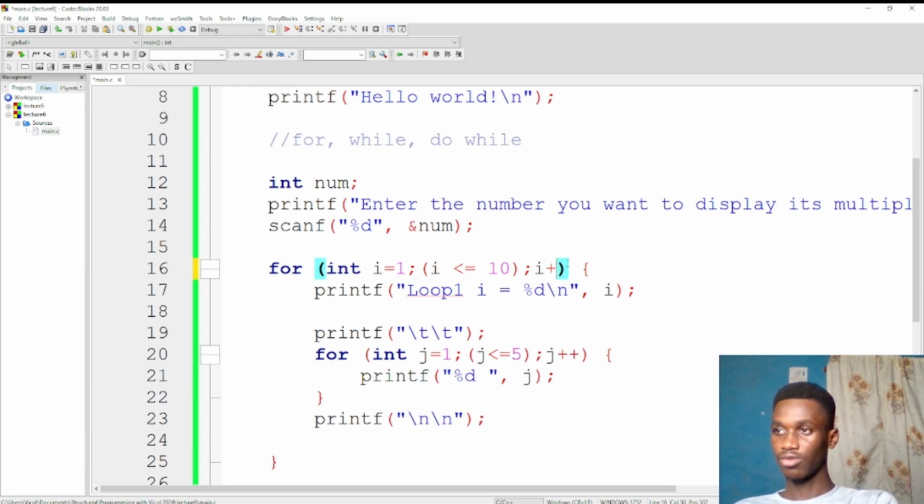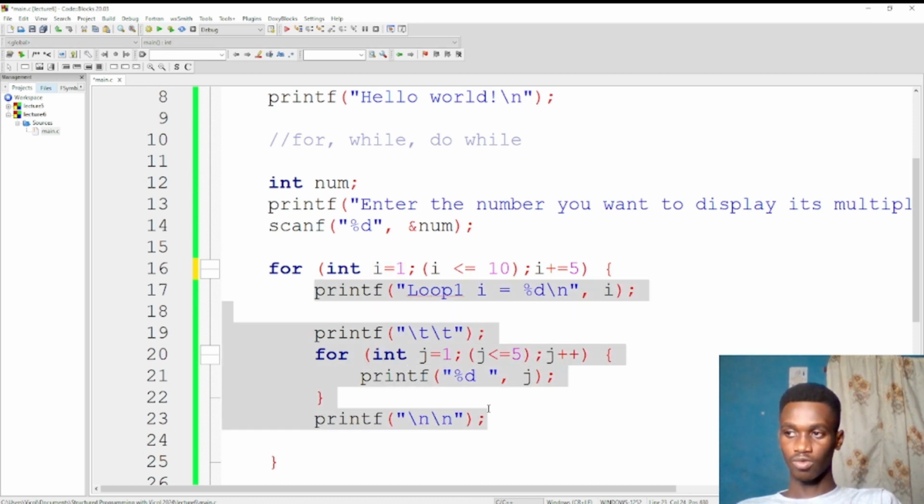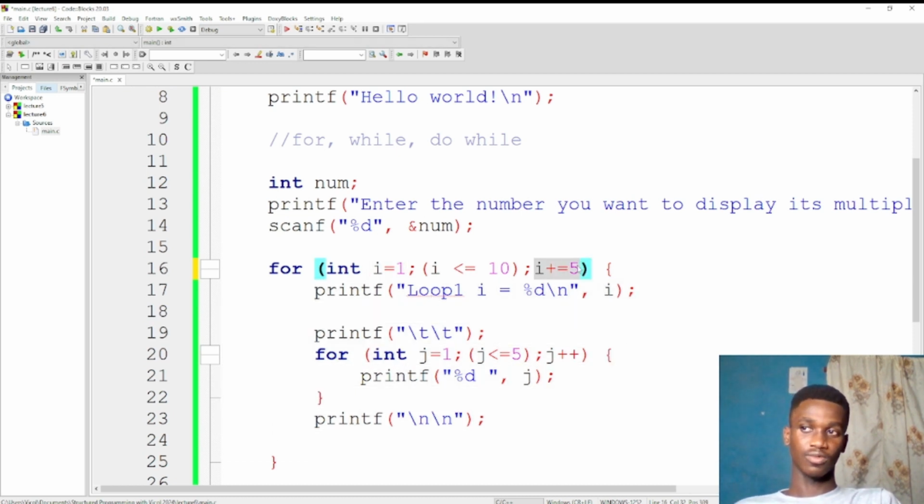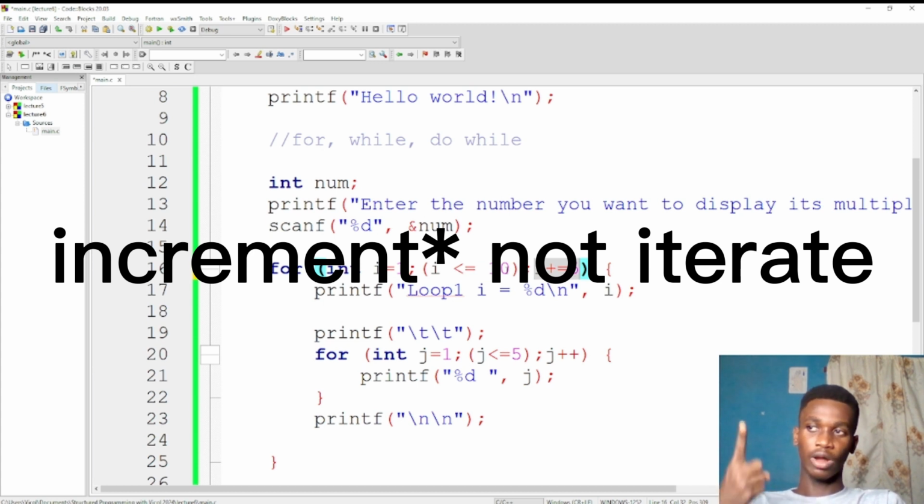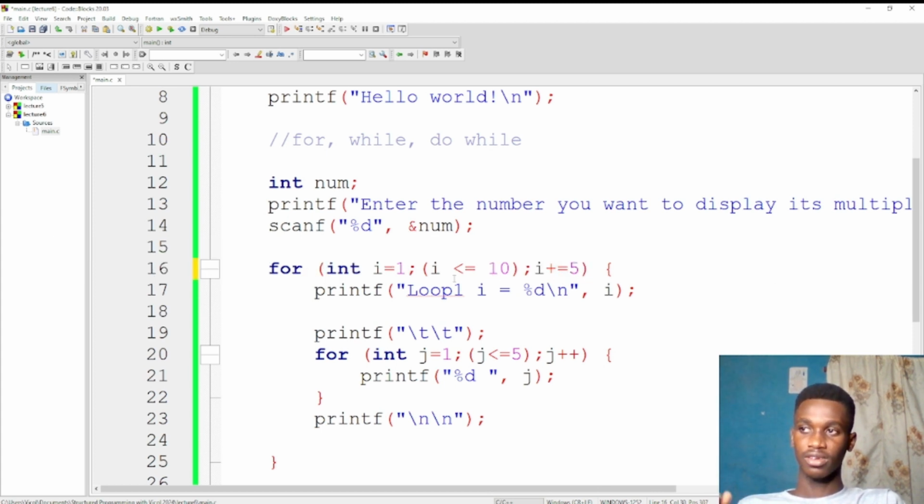You understand? So I can do i += 5 here. This basically means my i is going to start from 1. Then after I run all of this code and come here to iterate, instead of iterating by 1 so that i turns to 2, it will now iterate by 5. So it will be 1 plus 5, and my i is going to turn to 6. So that way this code will now run for 6, because 6 less than 10 is true. Then it comes here again, 6 += 5 means 6 plus 5, that's 11,